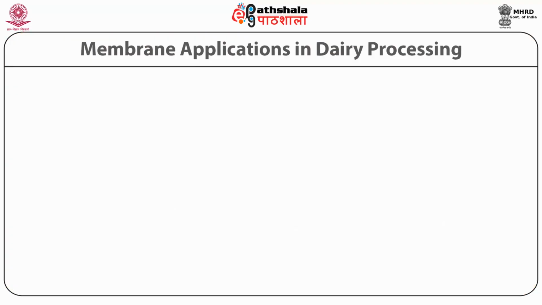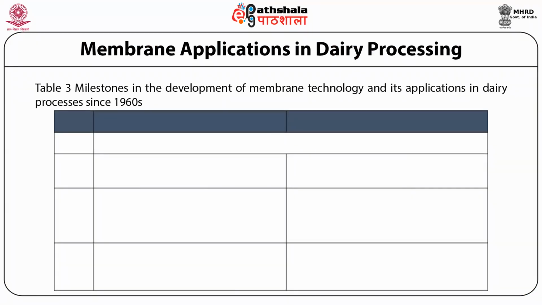If we see nanofiltration, it is used for demineralization purposes. We can produce different powders with reduced minerals. Moreover, RO, which is used for concentration, is mainly used for increasing the total solids in skim milk from around 9 or 10% to 25 to 28%, and this is one of the most economical processes for the removal of water. From 1960, the major milestones in membrane development and their application in dairy processing are presented